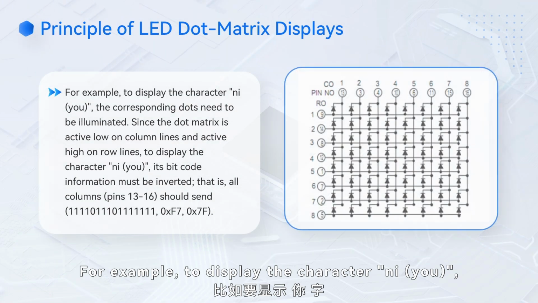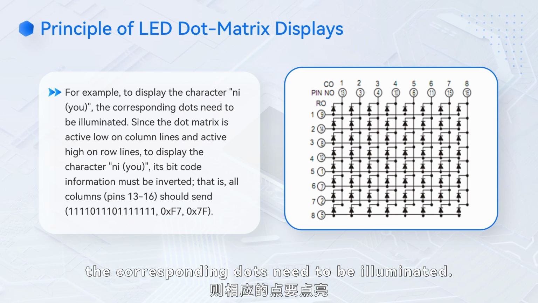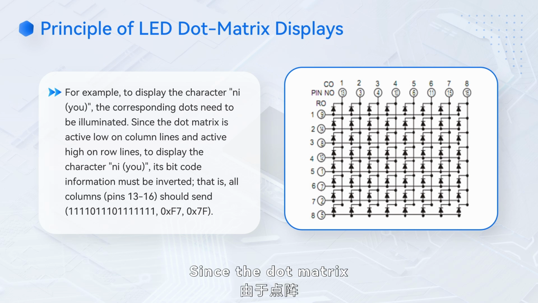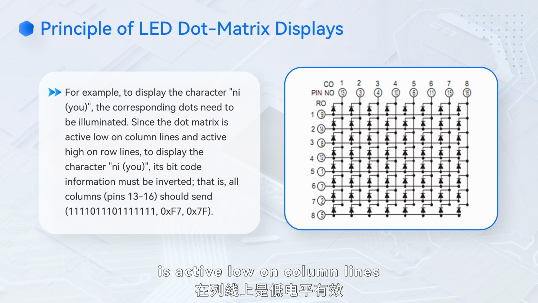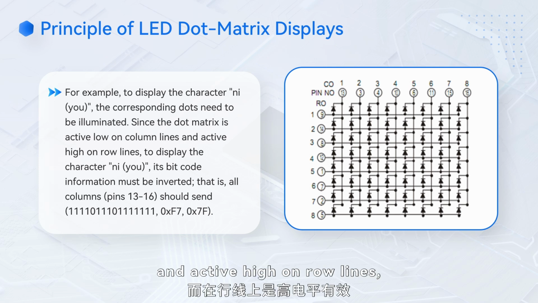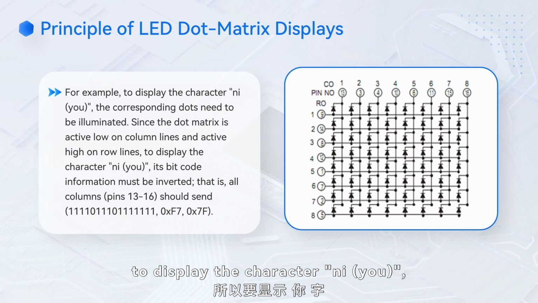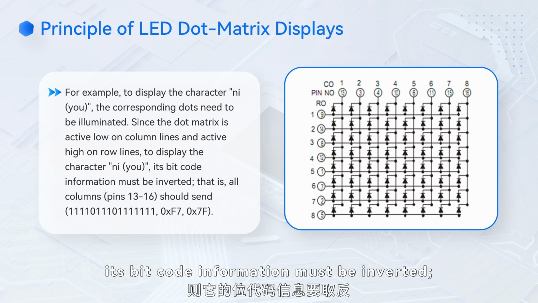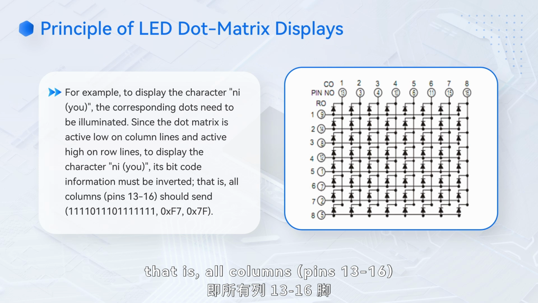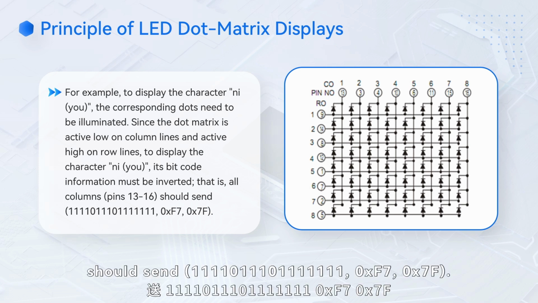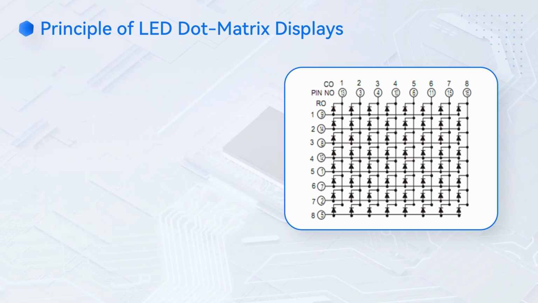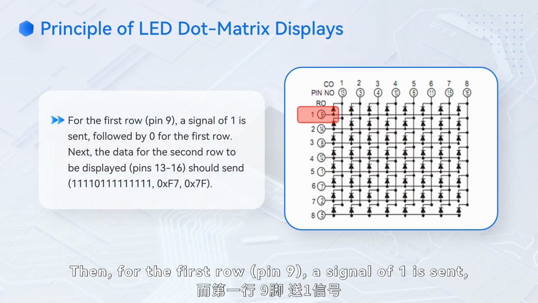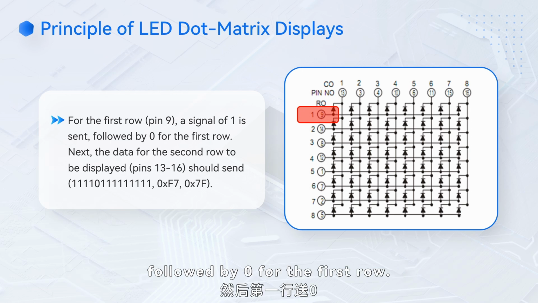For example, to display the character ni, yu, the corresponding dots need to be illuminated. Since the dot matrix is active low on column lines and active high on row lines, to display the character ni, yu, its bit code information must be inverted, that is, all columns, pins 13 to 16, should send 1111101110111111, 0xF7, 0x7F. Then, for the first row, pin 9, a signal of 1 is sent, followed by 0 for